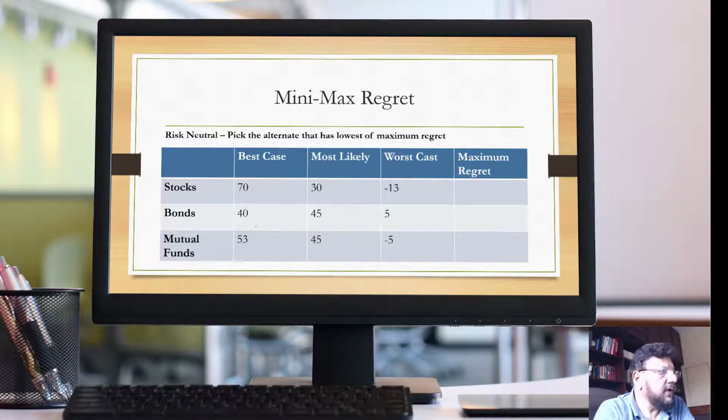So in each case, you take the maximum in this scenario. So in the best case market, the maximum return is 70. So 70 minus 0, there is no regret if you bought stocks. If you bought bonds, you would have a regret of 30. And if you had mutual funds, you would get a regret of